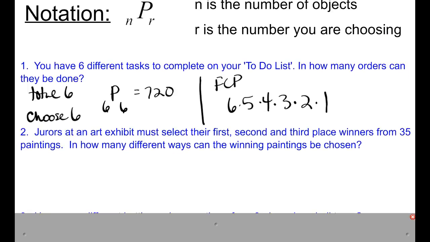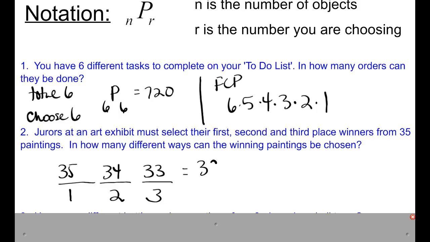We've got jurors at an art exhibit. They have to select first, second, and third place. When you hear order, first, second, third, it's a dead giveaway that we have to use a permutation. Order matters here. So this is pretty easy if we think about it. Here's first place, here's second place, here's third place. We have 35 paintings in for first place, which means there's only 34 for second place, which means there's only 33 left to choose from for third place, which is a total of